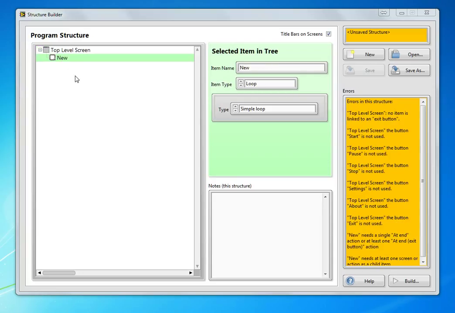As you build the hierarchy, the errors shown on the right change. When the hierarchy is complete and properly configured, there will be no errors left, and then you can press the Build button to build your structure. At this point, I should explain that there are 5 types of item in the hierarchy, each with a different